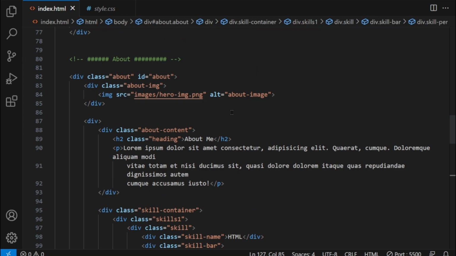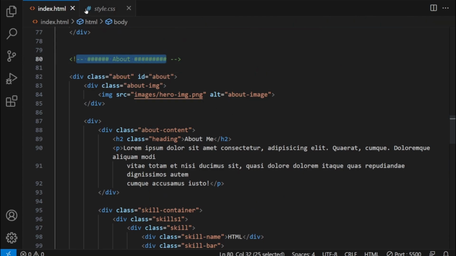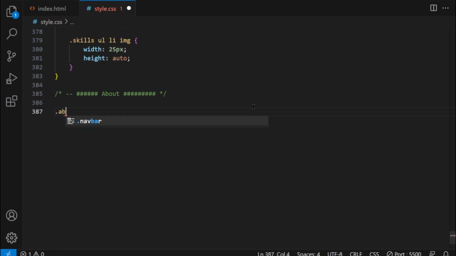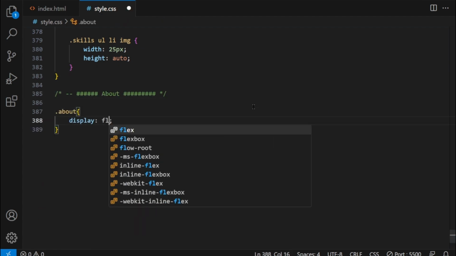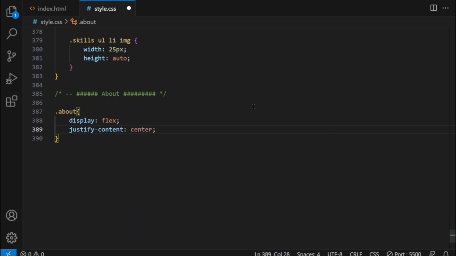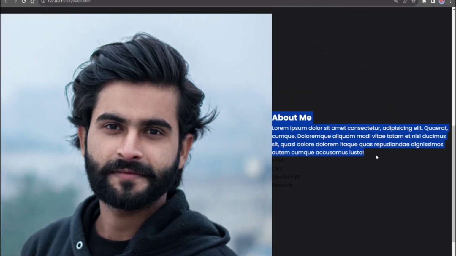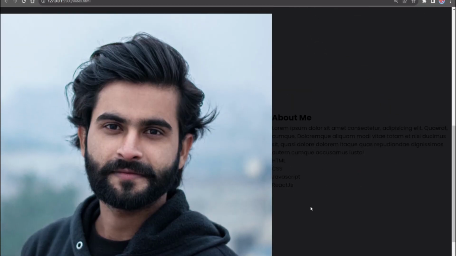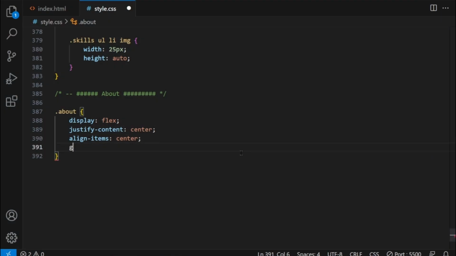Next up, let's focus on styling. First, we will style this About class. Apply these properties. Set display to flex. Use justify content and align items, both set to center. Observe the outcome. To introduce some spacing between the image and the text, utilize the gap property with a value